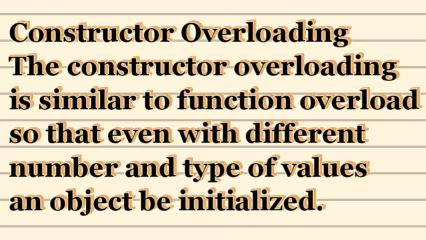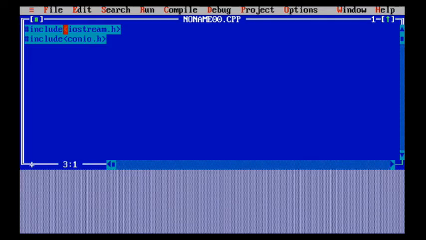So let us understand the constructor overloading concept with the help of an example. Coming to the very next example, that is constructor overloading. You know that we have three types of constructors: default constructor, parameterized constructor, and copy constructor. In this case, I have declared a class Deposit, in which I am going to declare some similar values which I declared in the function example, but this time I am going to use constructor overloading.